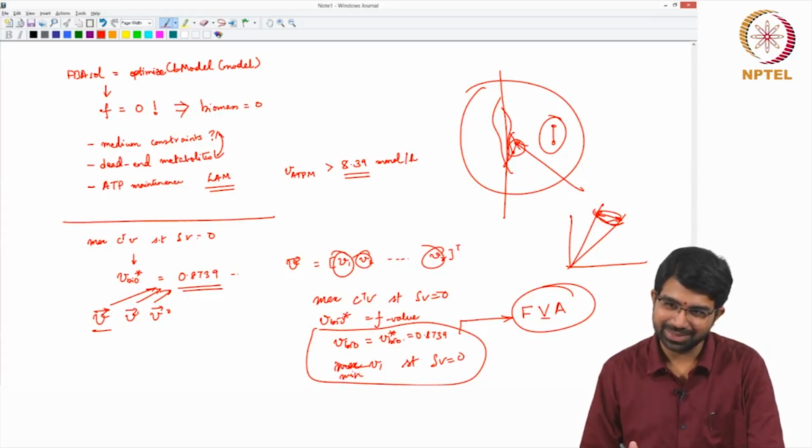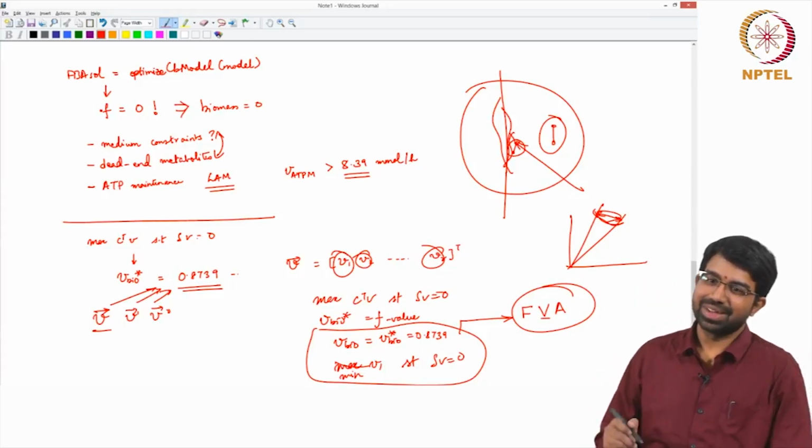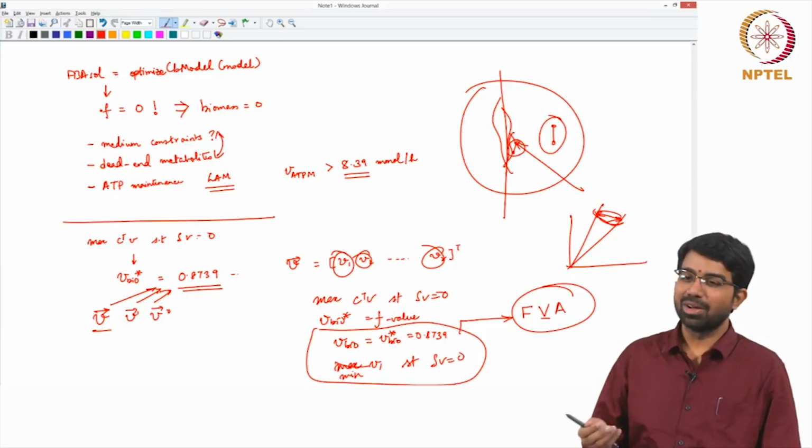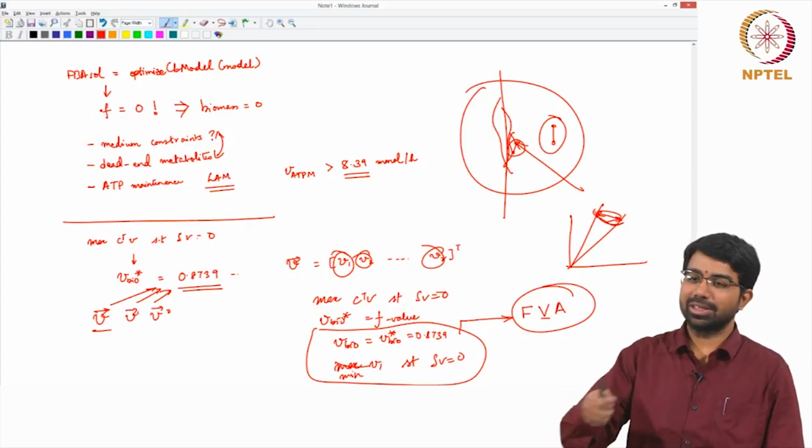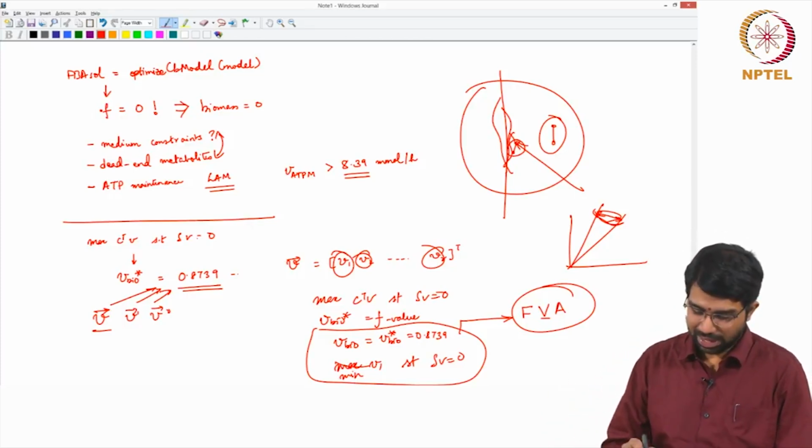But they are all constrained, no? By SV equal to 0. Oh, yeah. So everything is intimately tied. So almost no variable can vary freely. V bio is connected to several other things. It is connected to everything in that